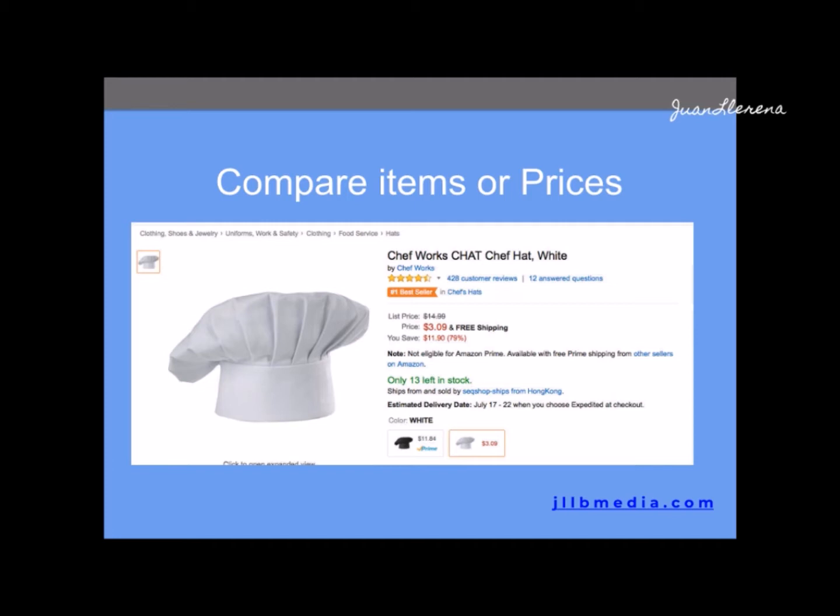But not only that, in addition to that, they will show you what your saving is, so you don't have to calculate or just get a bulk figure. You actually know exactly how much you're saving. In this case, a $14.99 item, you could buy it for $3.09. You get free shipping, but no charge on the shipping. I'm sorry about that. But you're saving $11.90. So that's a 79% savings, and that's ridiculous. It's an amazing saving. Now, they don't let you imagine that.